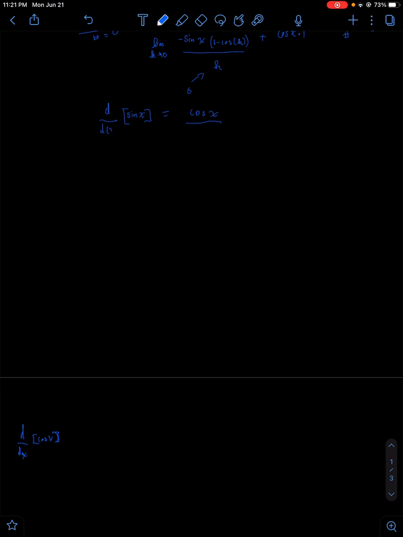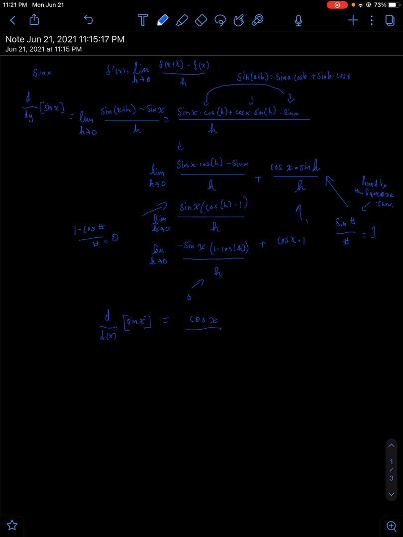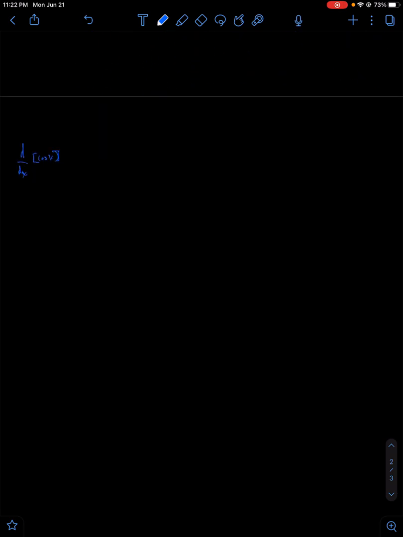Meant to write dx. Okay, we will prove this one using the definition of a limit too. So we get cosine of x plus h minus cosine of x